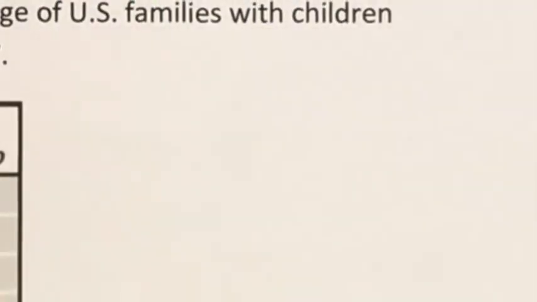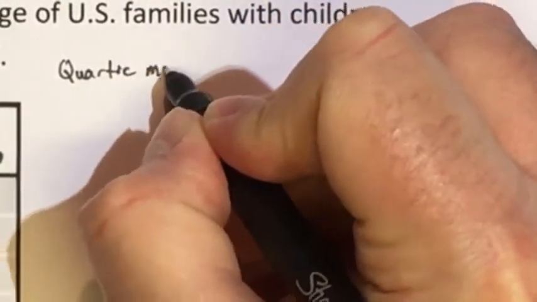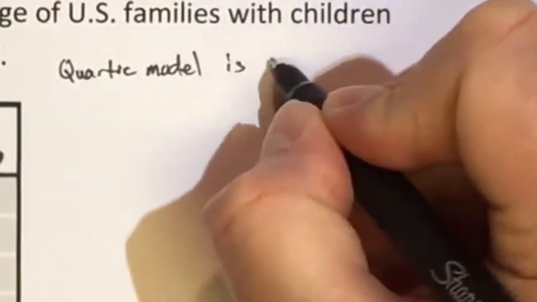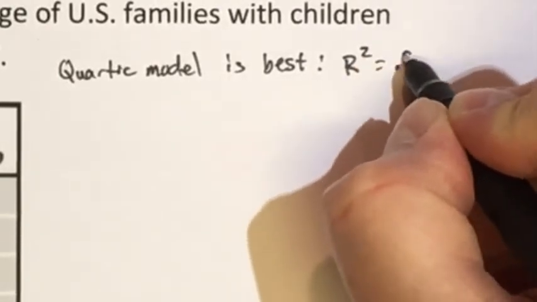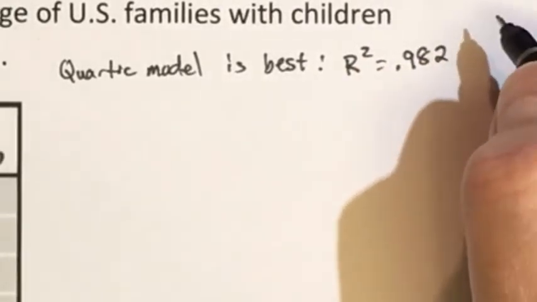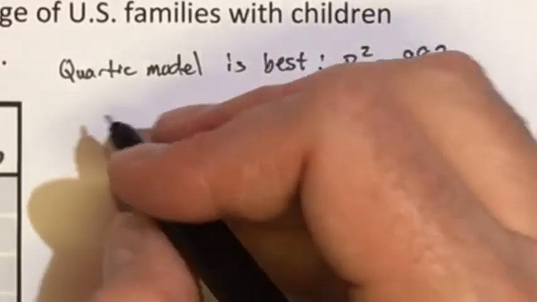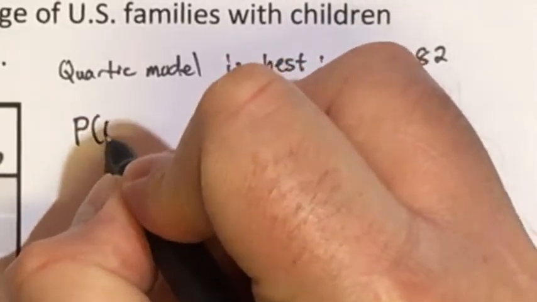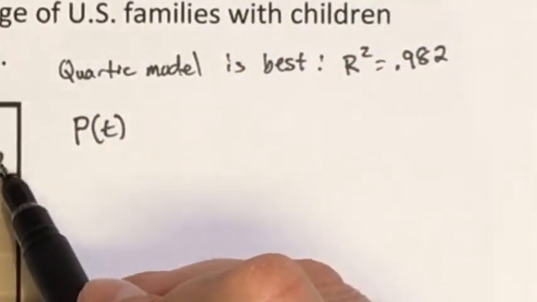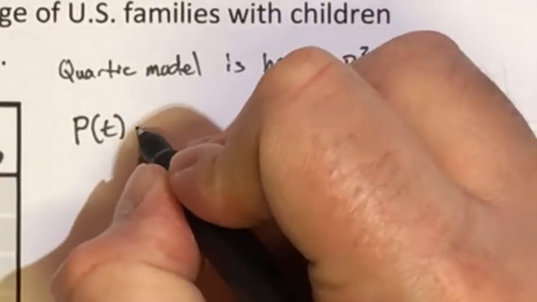We created our scatter plot. I'm going to write down our quartic model. So the quartic model is best, and again, that's because r squared equaled 0.982 approximately. If I round each coefficient to 4 places, our model is going to be P of t, P because that's our y variable, and t because that's our x variable. So P of t equals